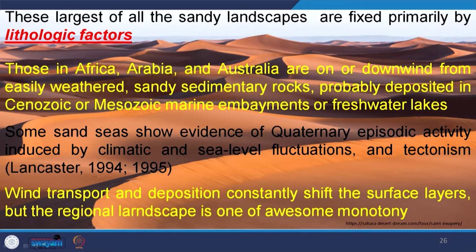Similarly, sea level changes. If sea level is decreasing, then it is creating sediments. If sea level is increasing, it is creating another kind of sediment. Similarly, climatic change, an arid region, will create more sediment. So, tectonism, sea level change, climatic change and the surrounding lithology, all play their respective roles in producing sediments, and finally, those sediments were transferred and deposited, forming the ocean of sand or sand